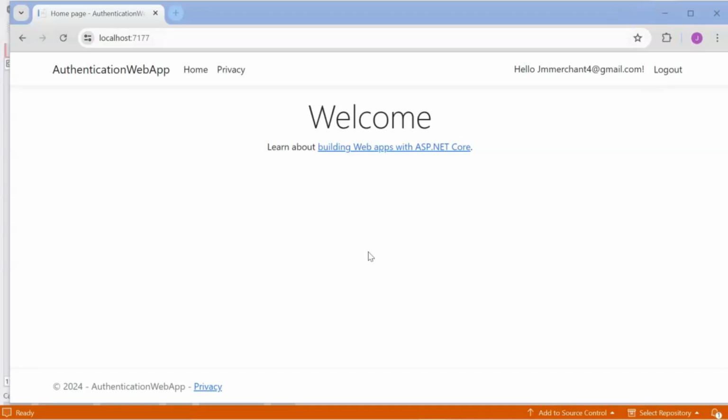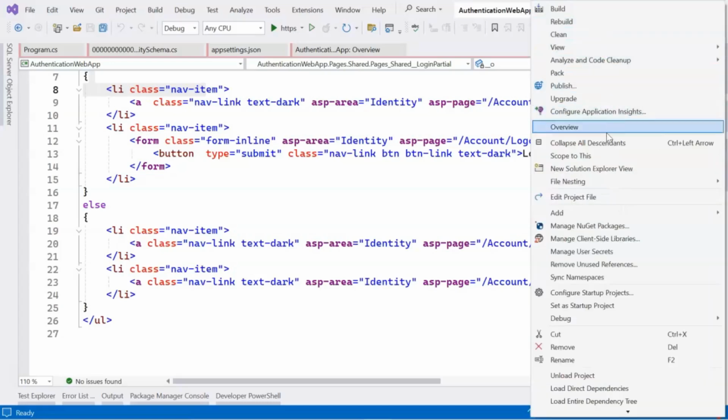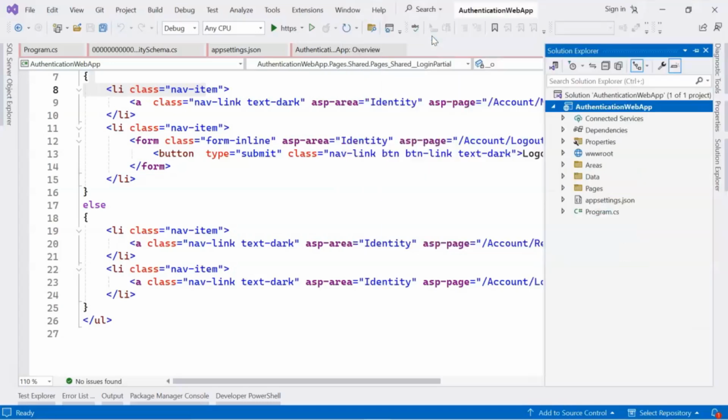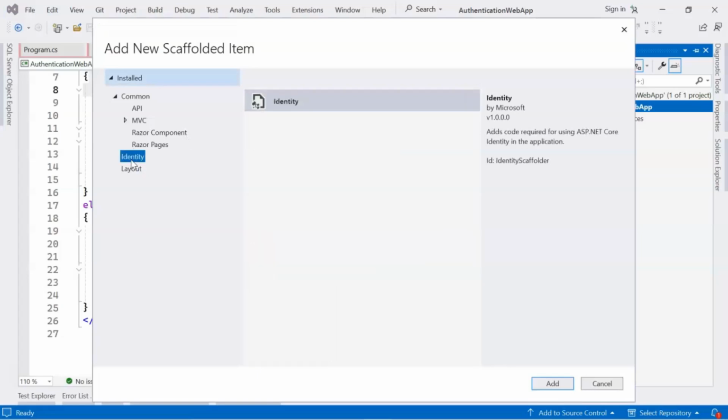But there are other pages which we can add to the system. Let's see how we can do that. Let's go to Solution Explorer, right click on the project and add a new scaffolded item. Here select Identity.